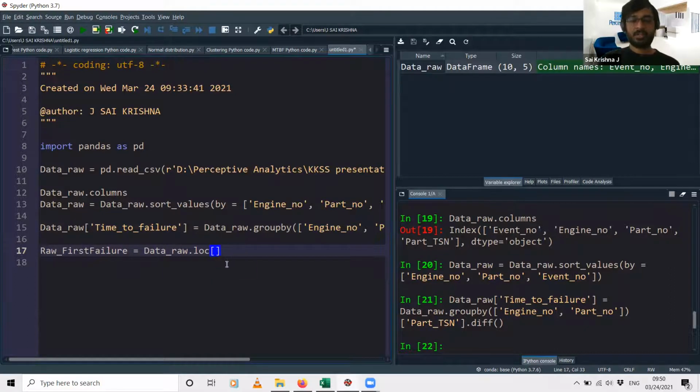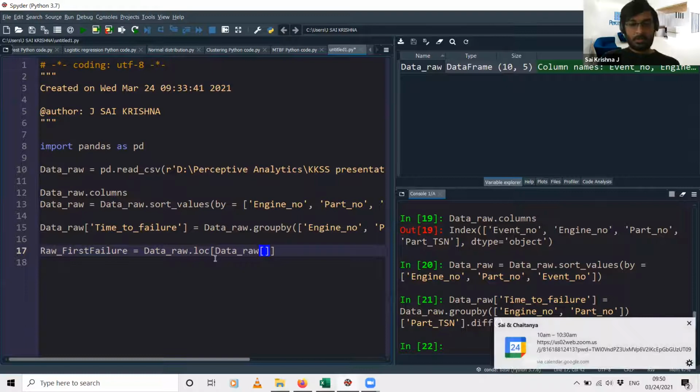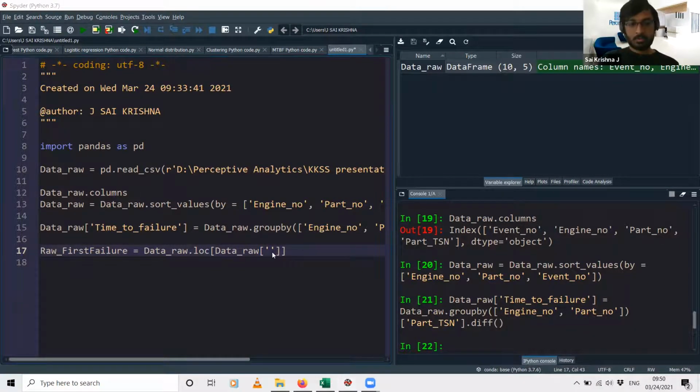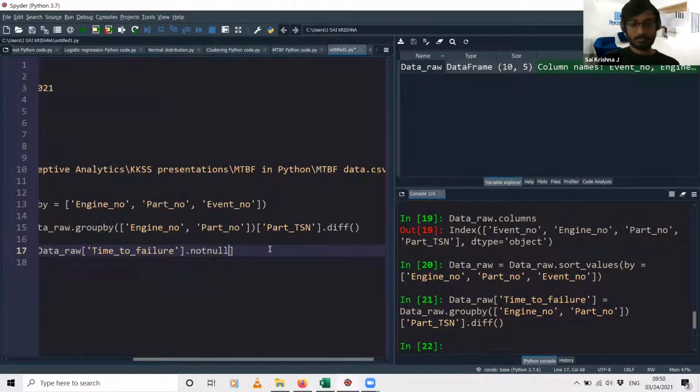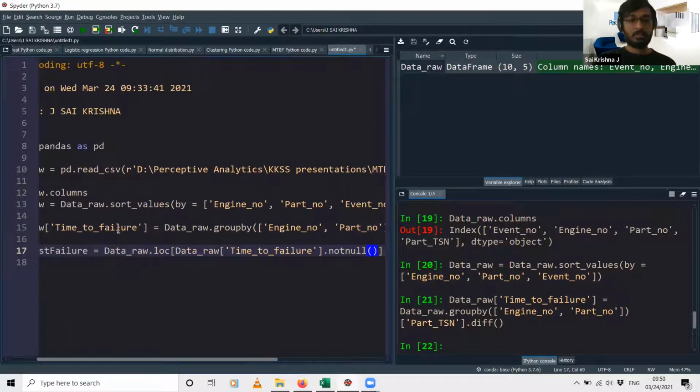That is what I need to specify within the square brackets. So from this raw data frame, I need only those locations where the time to failure column is not null.